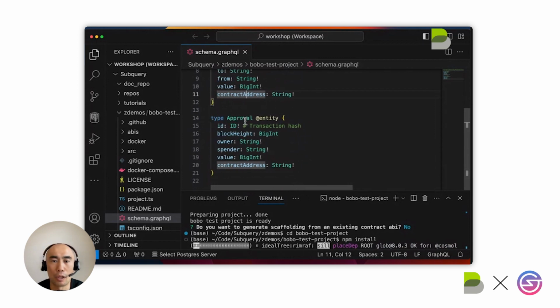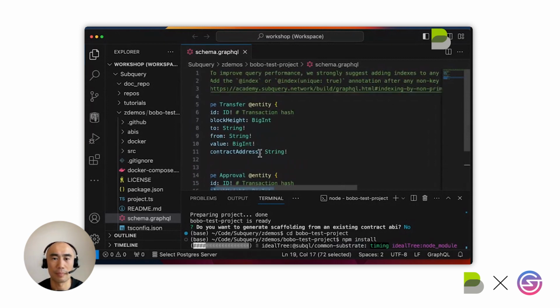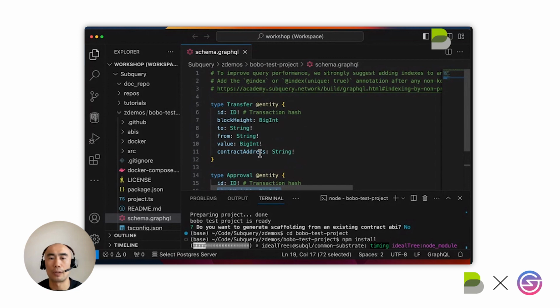And very similar down below with approvals as well. So you can create as many entities or objects as you want, and you can think of these as database tables with the fields as the columns within the tables itself. So this is your starting point where you're defining the data that you need.